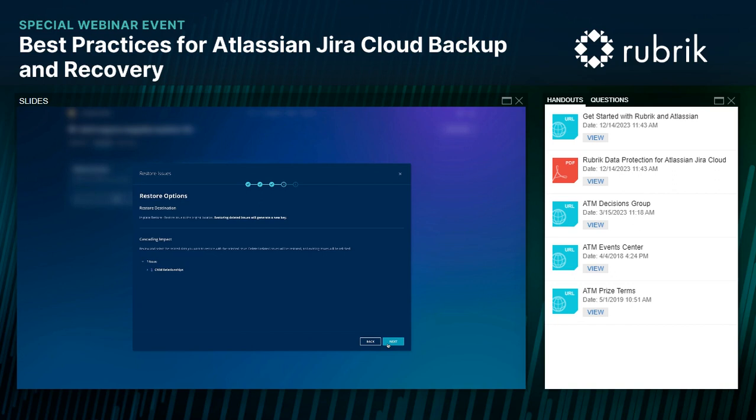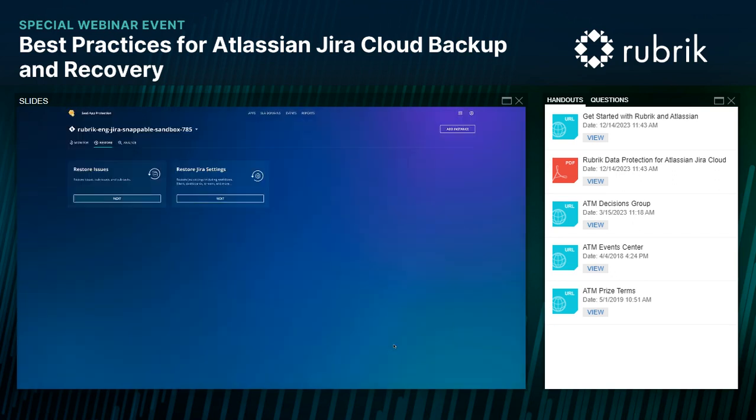Since the data in Jira Cloud is relational, Rubrik also services the cascading impact of a recovery. Now in our case, it notices that we have 3 child relationships that link to the subtasks we saw in Jira Cloud. We want to recover all the content, so we'll select to recover the subtasks as well. Once we confirm the actions to be taken, we can kick off the recovery. Now, let's validate our recovery in Jira Cloud.